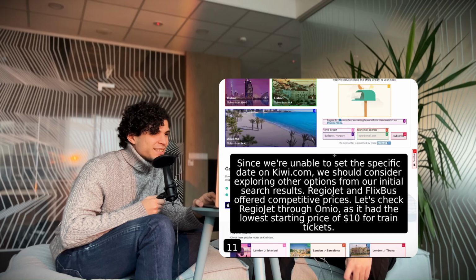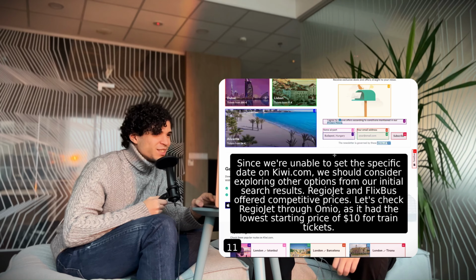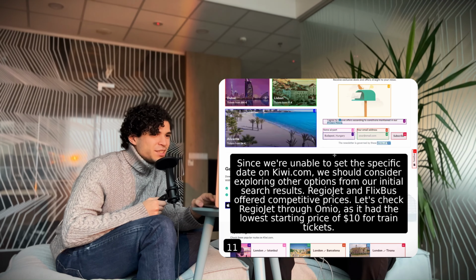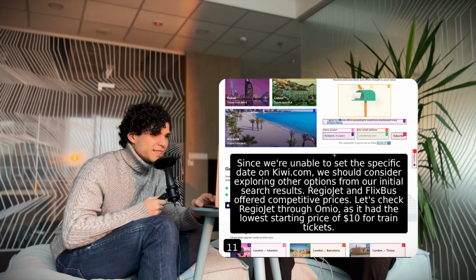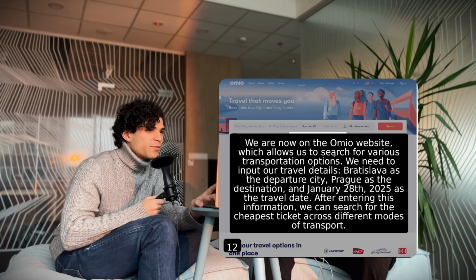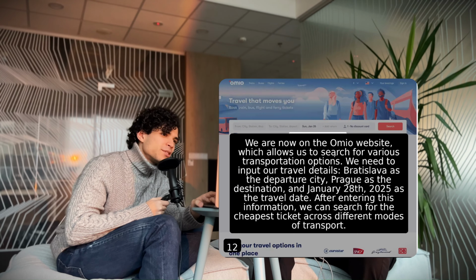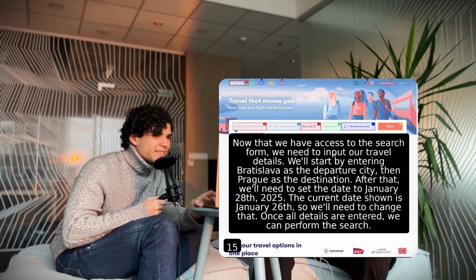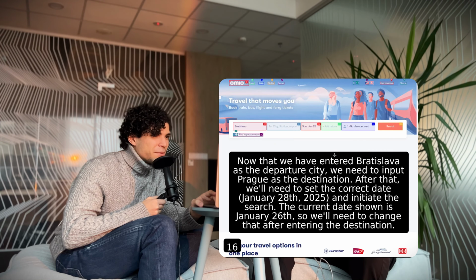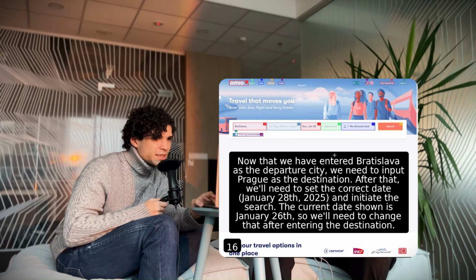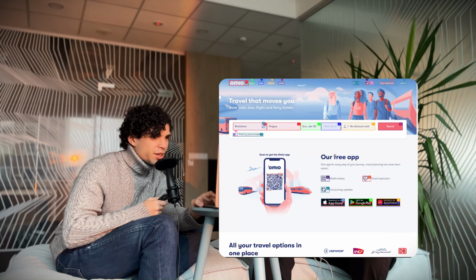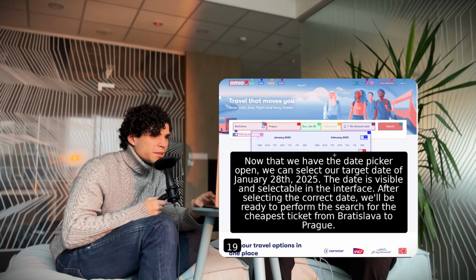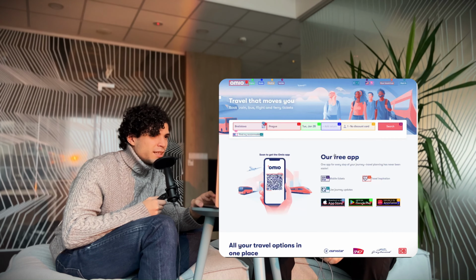Since we're unable to set the specific date on kiwi.com, we should consider exploring other options from our initial search results. So RegioJet and Flixbus, and that's why it went to Flixbus, or we went back to Omio. Let's see if this time it can figure out the cookie. Yeah, so it figured out the cookie. Okay. Now we have entered Bratislava, then Prague, and now it's trying to pick the date, 28th,